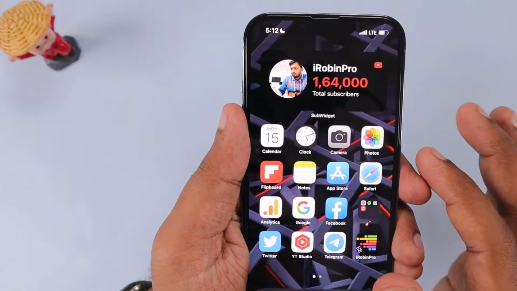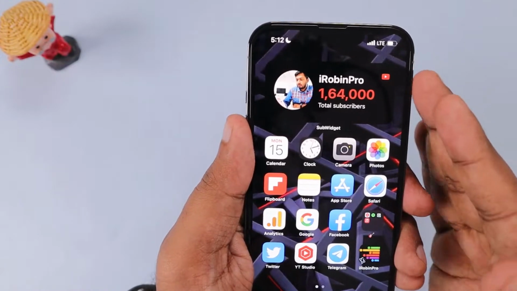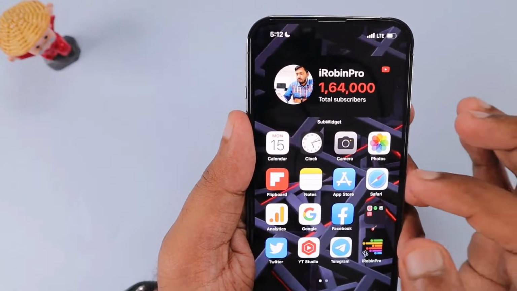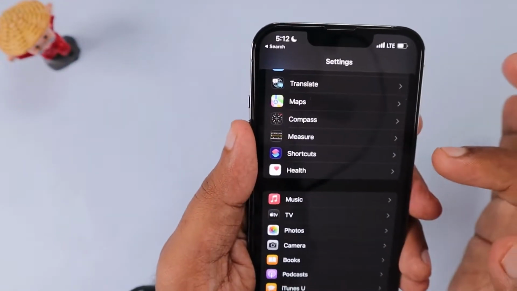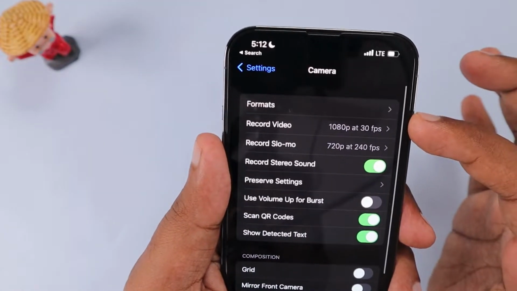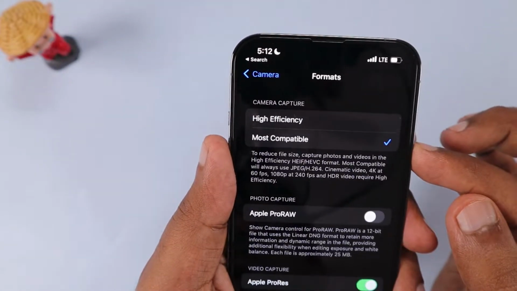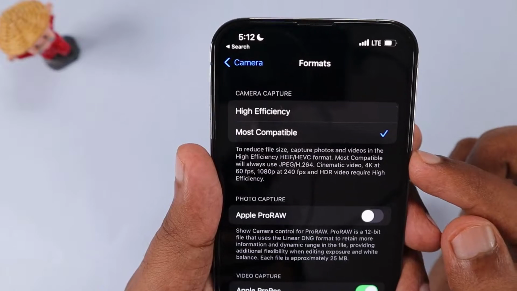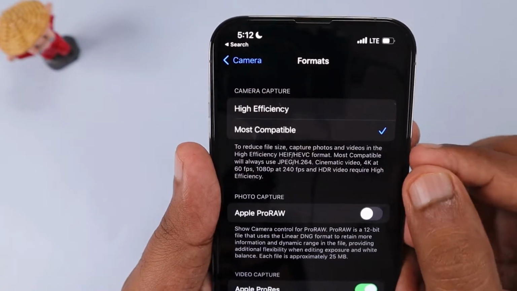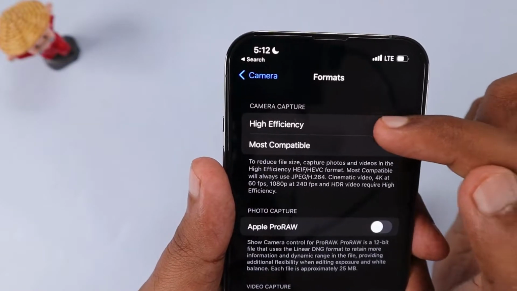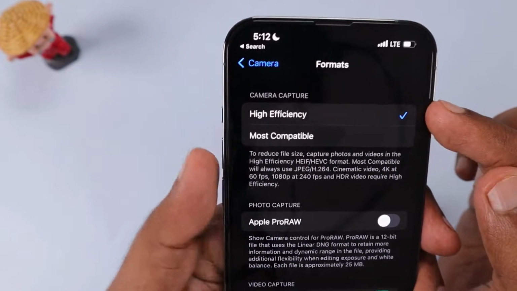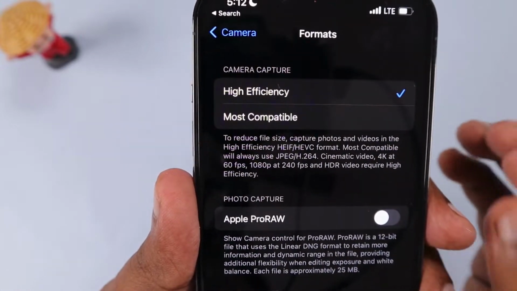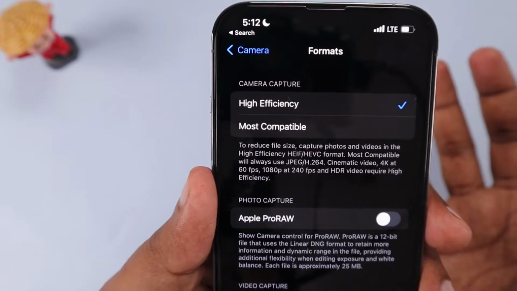if you have recently purchased an iPhone, you have a choice to select whether to use Apple's own file formats for the pictures and videos that you take using the iPhone's camera, or you can change it to something standard. By navigating to settings, then camera, then going to formats, you can see the option by default will be selected under the camera capture will be high efficiency, which uses Apple's own formats. Of course, the quality and everything will be good, the file size will be decent, but when you transfer those images and videos to Android or Windows computers, if they don't have a proper decoder, then the images cannot be